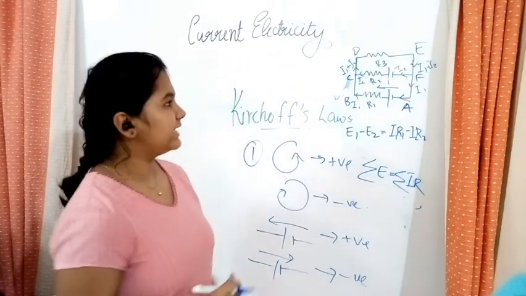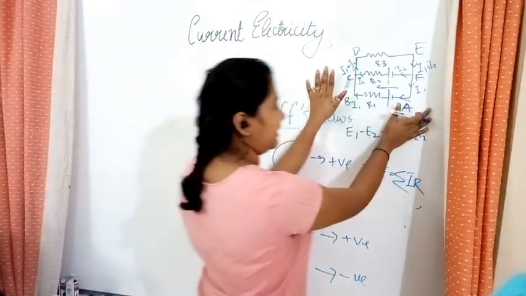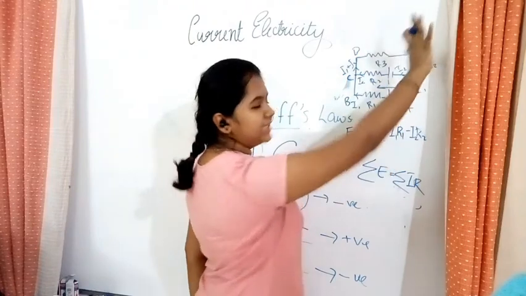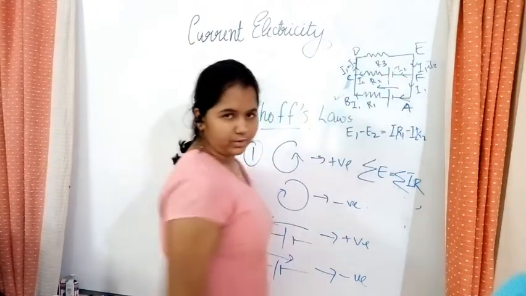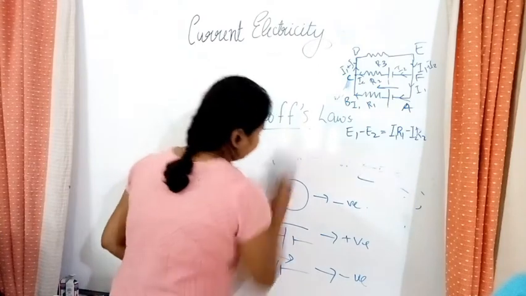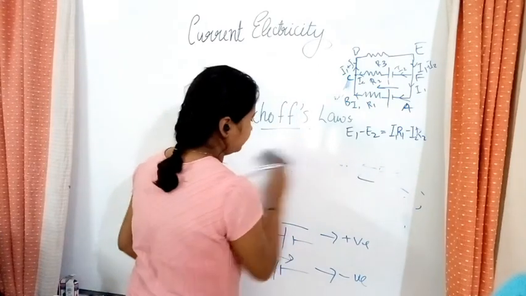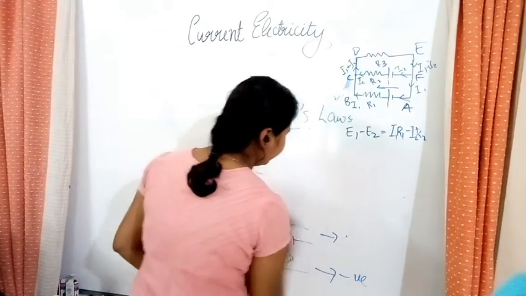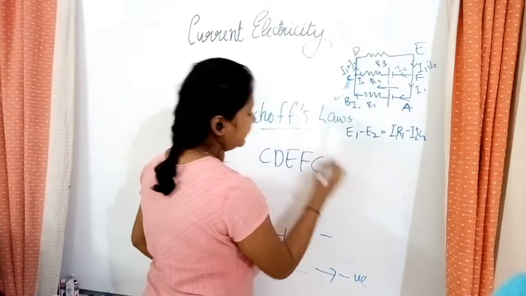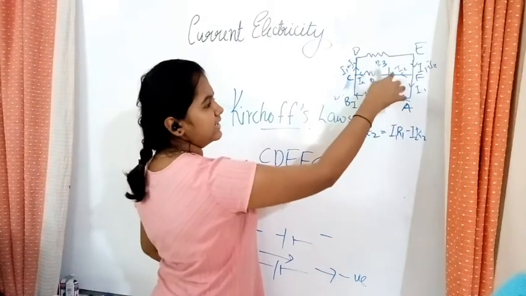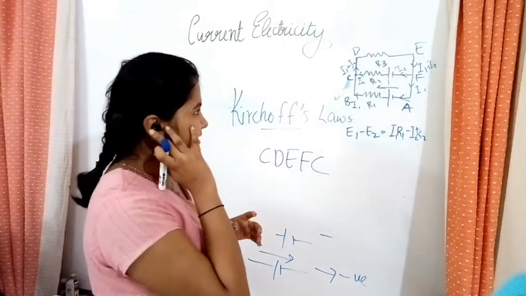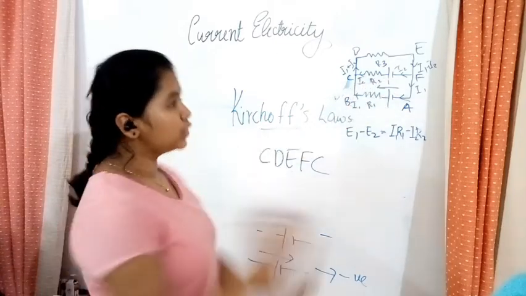So let's take the case. The same diagram is what I've drawn here just for explanation. Let's take the case of C, D, E, F, and I will show you how you write the current. For C, D, E, F, it comes back to C, no? Then it will flow like this. It's a circuit. So C, D, E, F, C, what happens is the current flowing through R.